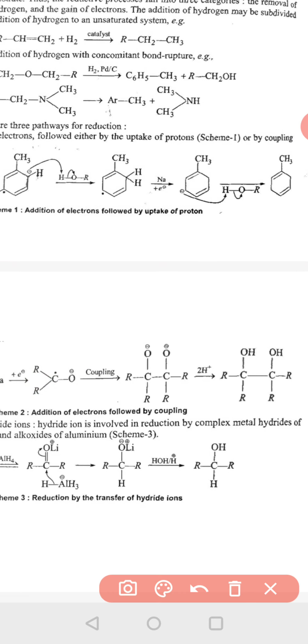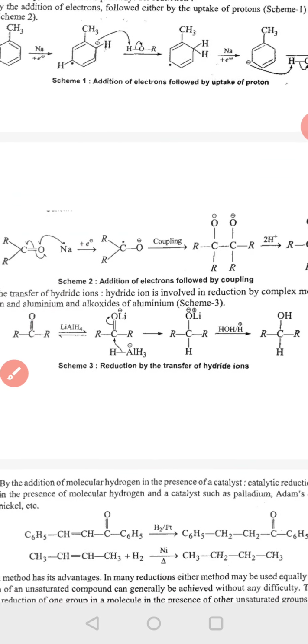Again a proton is abstracted from ROH and we get this product. Here a molecule of hydrogen is attached to the substrate and this occurs through addition of electron and later the uptake of proton. This is scheme 1